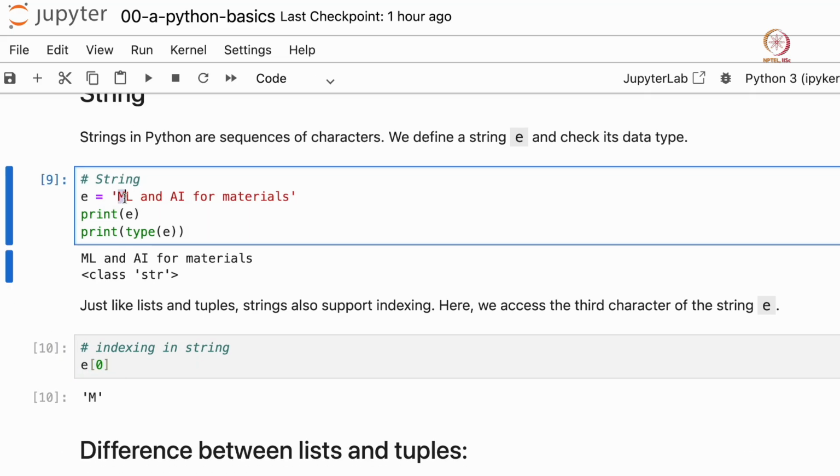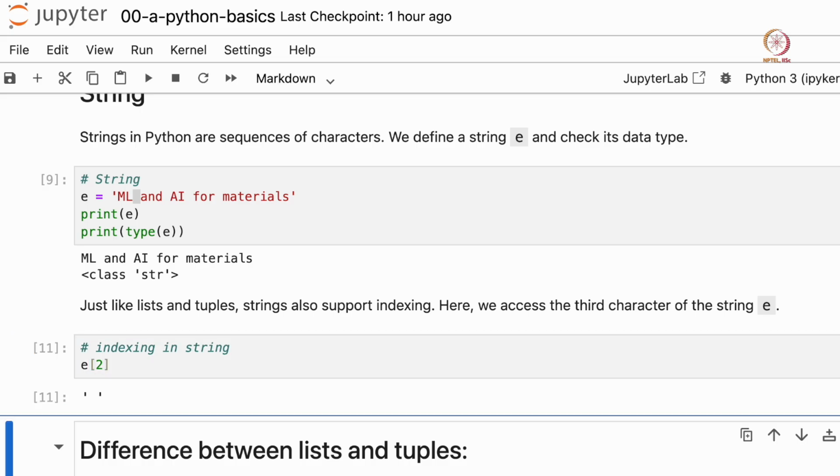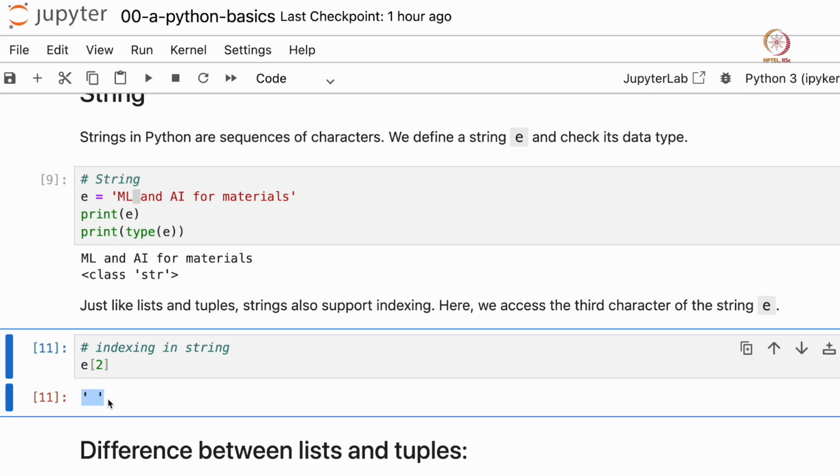And remember, all blank spaces are also counted as characters. So for example, in the string E, it is written ML, then a blank, the space, and. So the space is actually the 0th, first and second index. So if I print the second index of E, I get a space here.